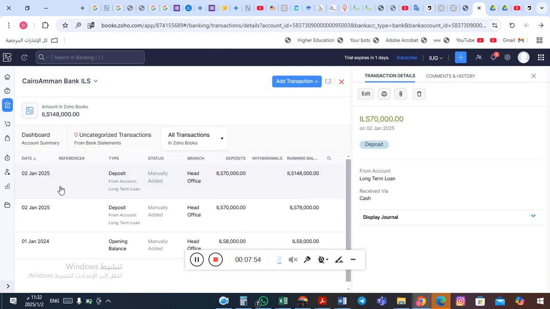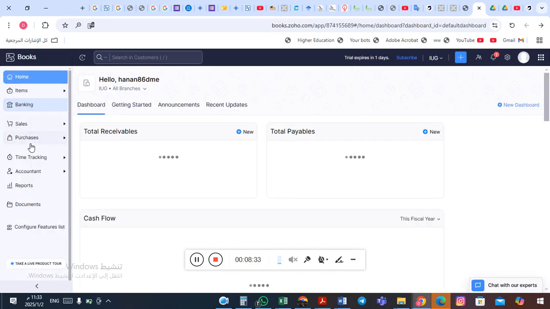As you see here, this amount is deposited in our bank account, and our account balance will increase by this amount. So this is the first step which we can do to record receiving the amount related to the loan in our bank account. So the second procedure is to go back to